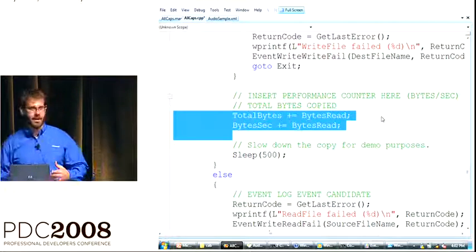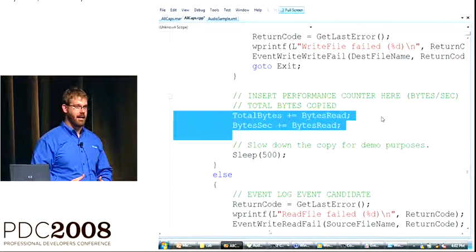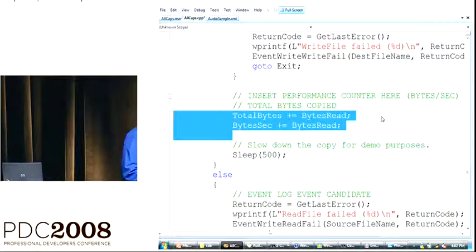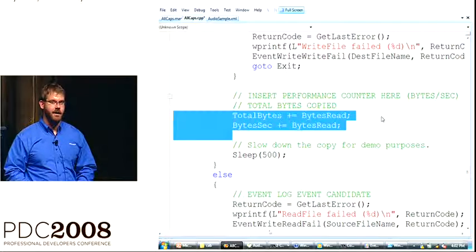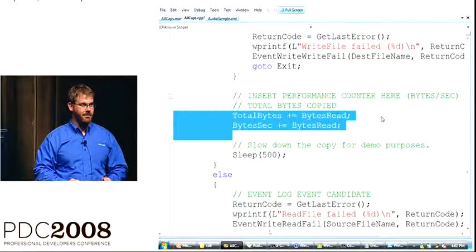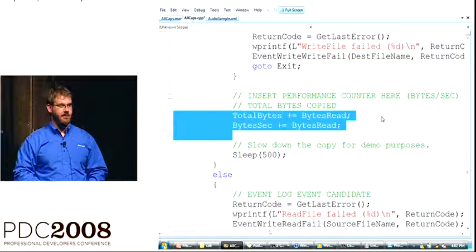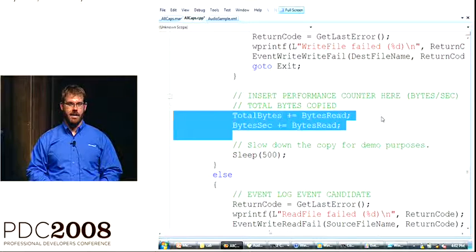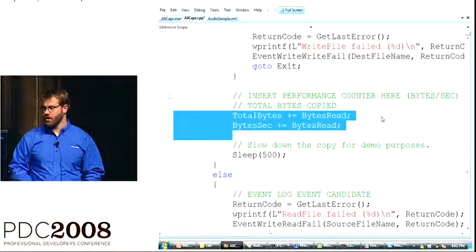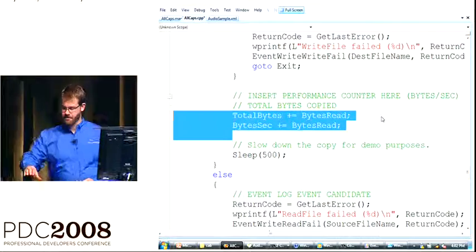So that kind of gives you a feel for what it takes to actually author a provider, author both an event provider and a counter provider. Unfortunately, we don't have a lot of time to go through the real muck and mire details of it, but we'd love to talk to you about it more. And there's more information available on MSDN and the like. So now that we've gone through that,